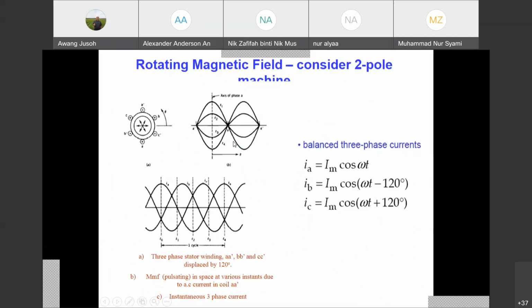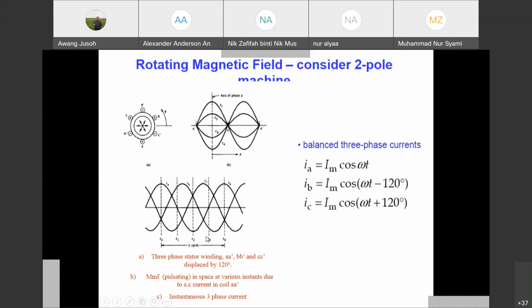So at a particular time, you have this flux. Okay, this T. T1 means maximum positive. Maximum positive, so maximum MMF is produced like that. Okay, this one is when you get negative maxima and so on. This is the position. Okay, now I'm going to explain briefly based on this slide.